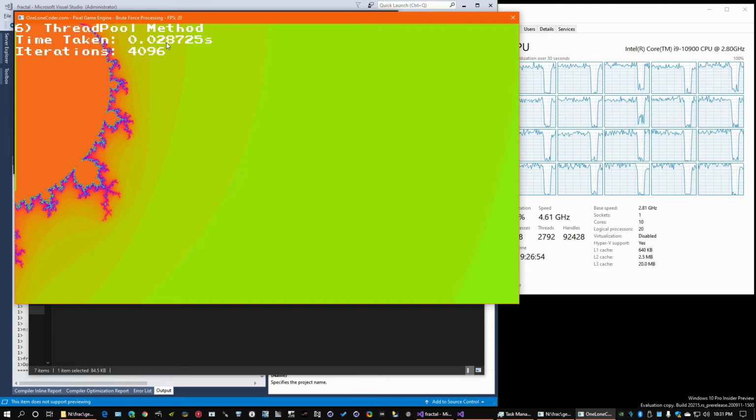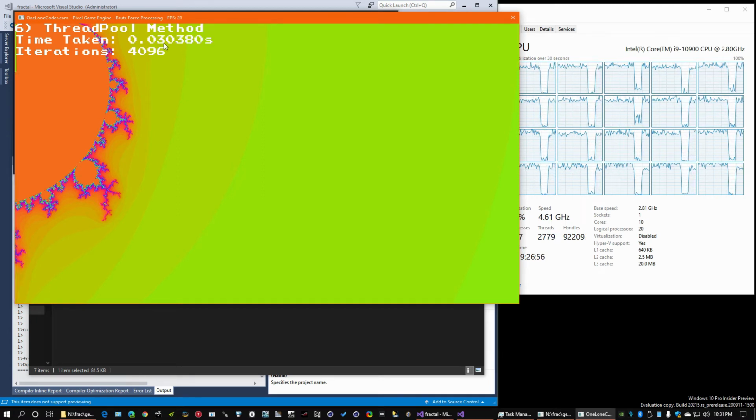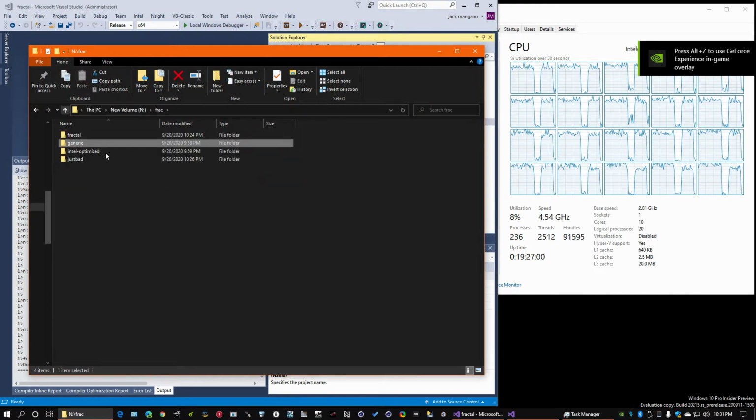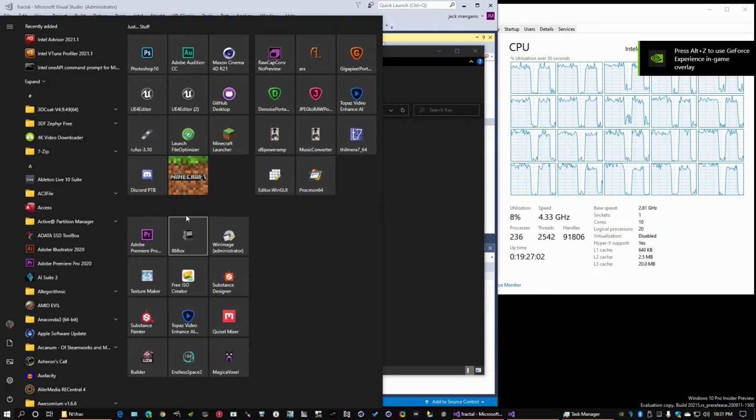29, 30, 28, 29, 30 right here. Can't get any more detailed than that because I don't know how. So let's